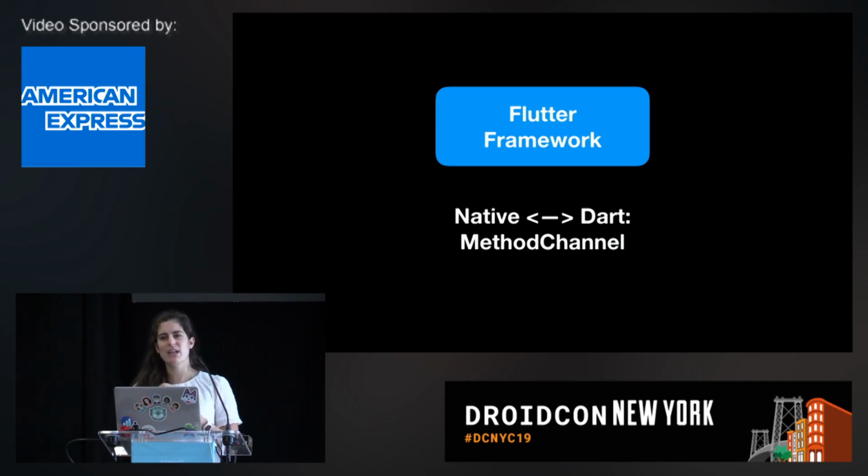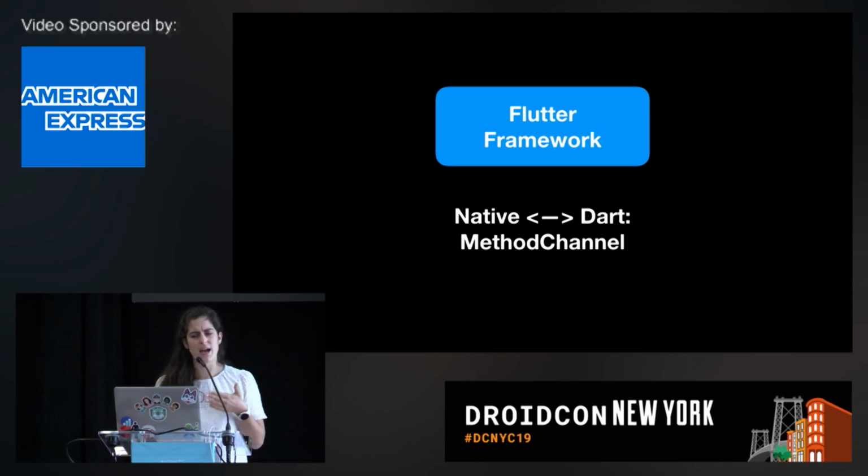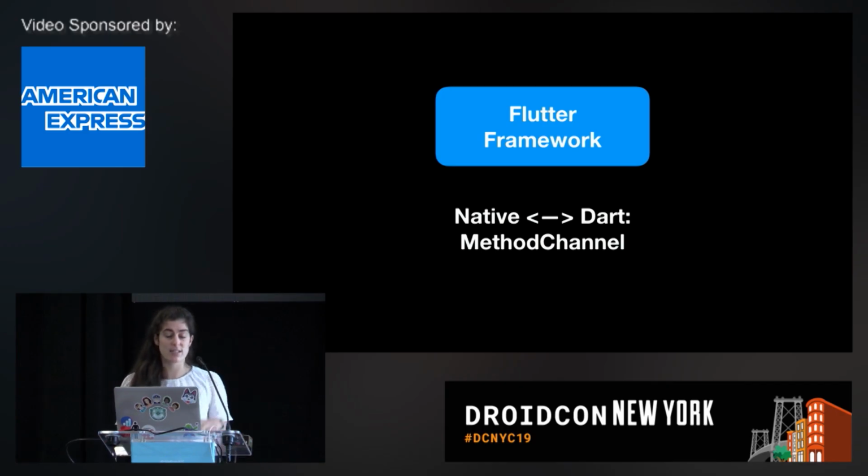And there are some little differences. The message channel in Dart actually invokes on the main thread as opposed to the React Native bridge, which is asynchronous. It is asynchronous, but it invokes on the main thread. And they're also accessed via named strings and things like that. You're creating one-off, but it's a very similar overall paradigm, which means that it can be prone to the same sorts of issues that I covered in the React Native bridge.